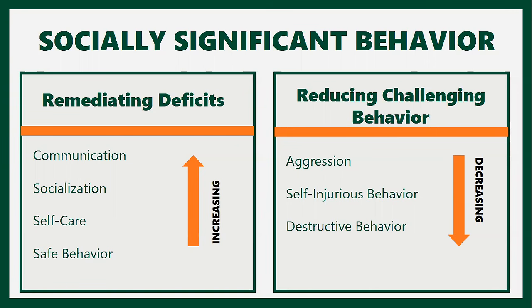But really what we're focused on is describing the problems as a behavior. What's the individual doing that is a problem for them or for their family or for their community? And what are the things that we would want them to do that they're not doing? We want them to be able to communicate more effectively. We want them to be able to socialize more effectively. And so those are the target goals for behavior therapy.